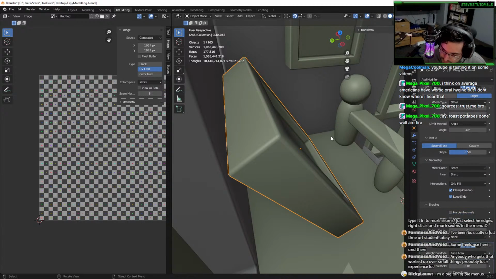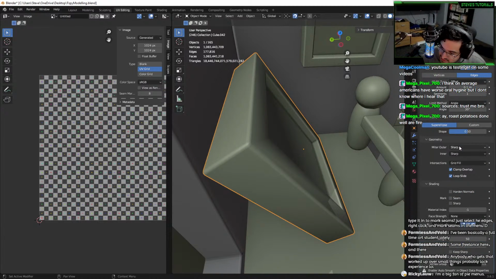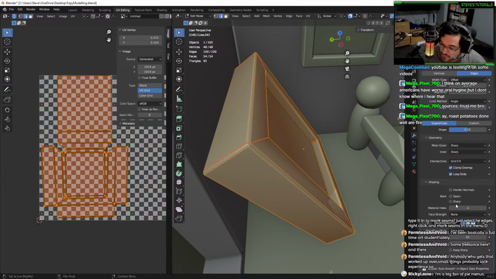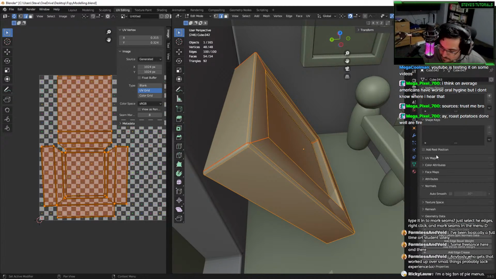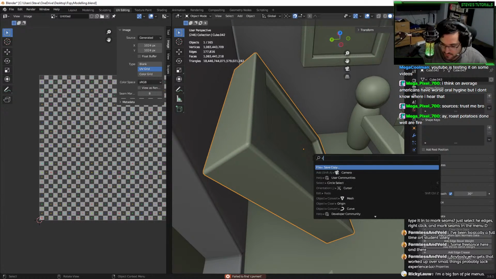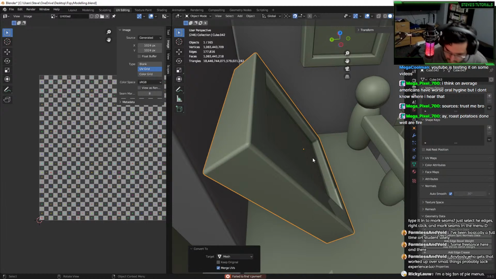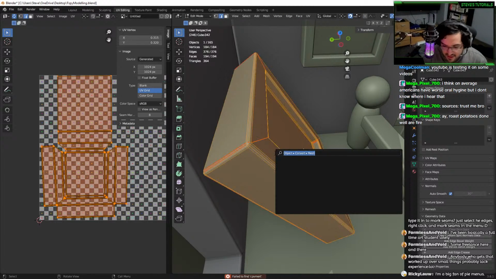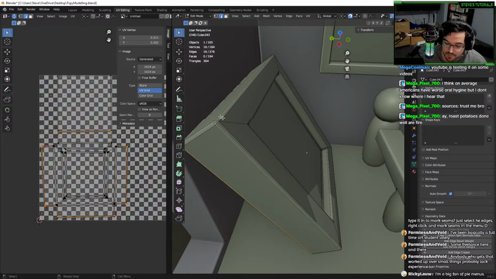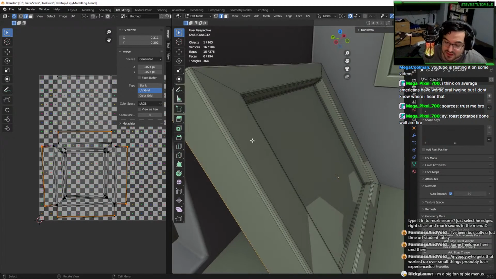Let's be at the bottom. Wait, this isn't converted? Oh, this is not unwrapped correctly then. Oh my god. Yes, okay. Clear seam. Yeah, so the reason you usually put it at the back is because if we saw